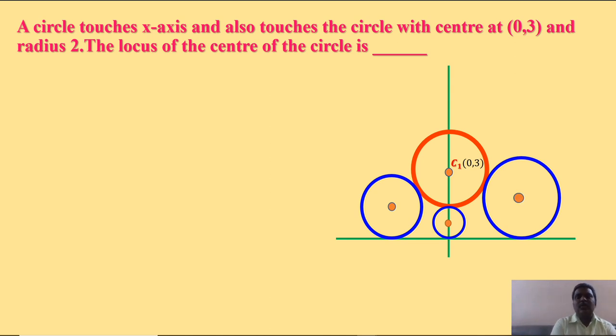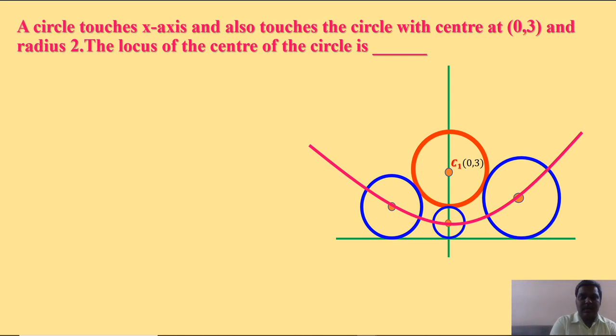You collect all those centers, you get some locus, that is what you have to find out. If you join all the centers of the circles as shown in the figure, you get some locus, as shown in this figure. See here, that is your locus. I repeat once again, this is your locus. Right? So collect all the centers of the circles, you get some locus, that you have to find out. Understand? This is the question.